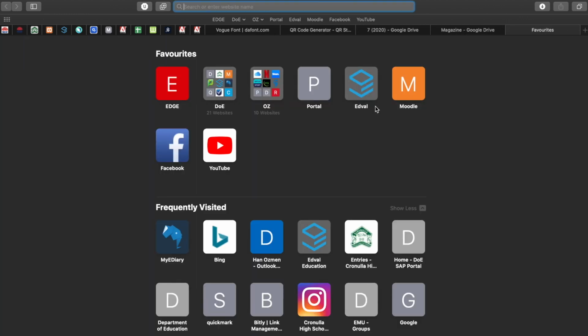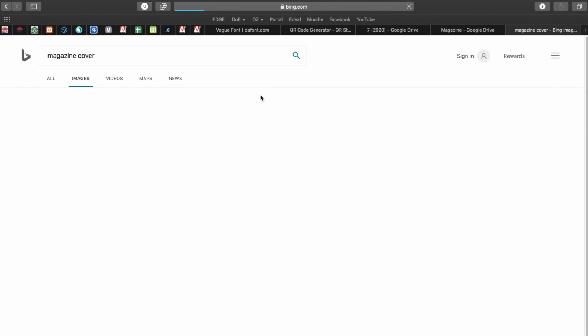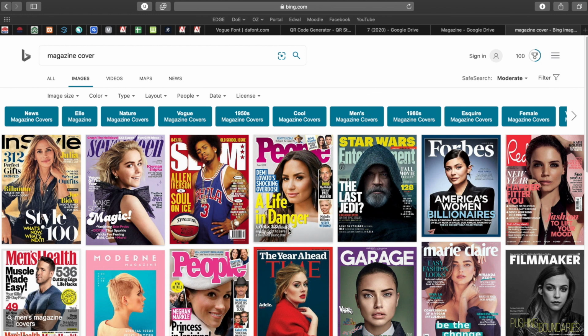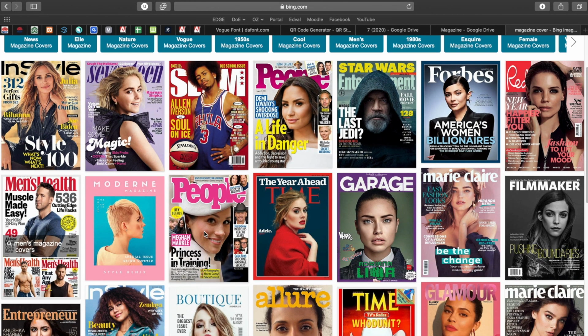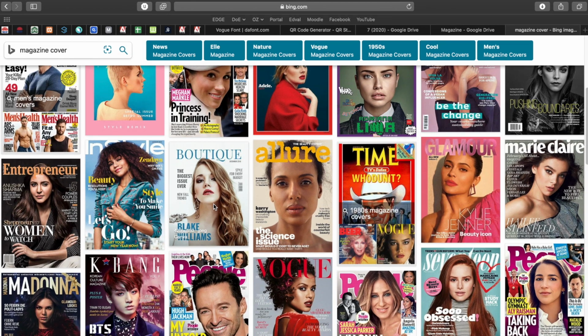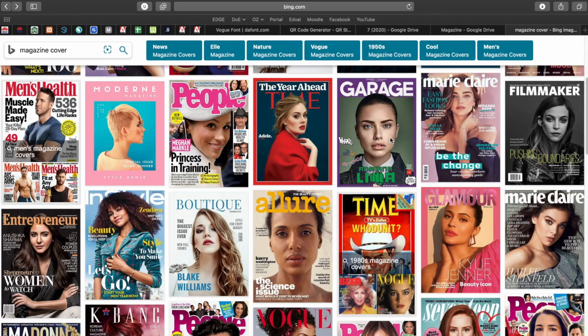If I go over to Bing or Google Images and I type in magazine cover, and I have a look at the different images that will come up here, this will give you a really good idea of the different types of magazines there are. So we've got InStyle, 17, Slam, People, Entertainment, Forbes, Marie Claire, Time Magazine, People Magazine, Men's Health, different types of magazines. You've got magazines for films, you've got magazines for celebrities, you've got magazines for fashion, sports, and if you want to go,